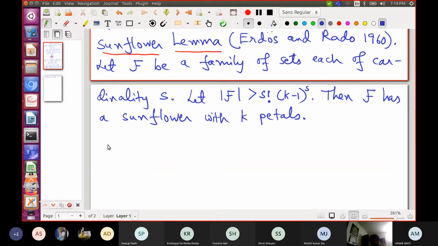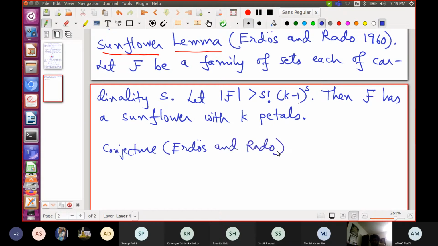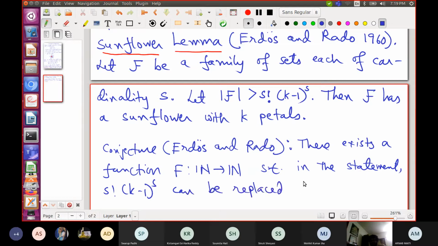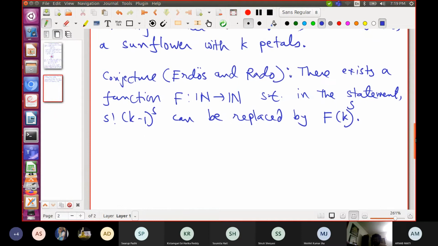Erdos and Rado conjectured that, let me write it somewhat informally, there exists a function, think of it as from natural numbers to natural numbers, such that the lemma statement holds with it.